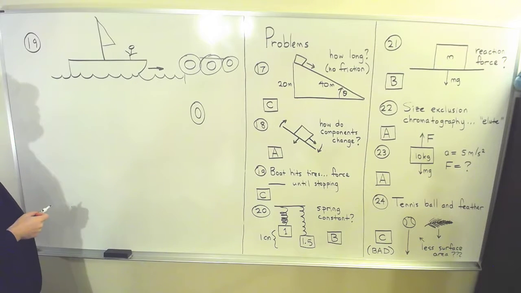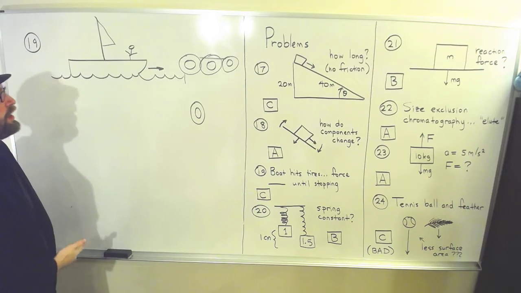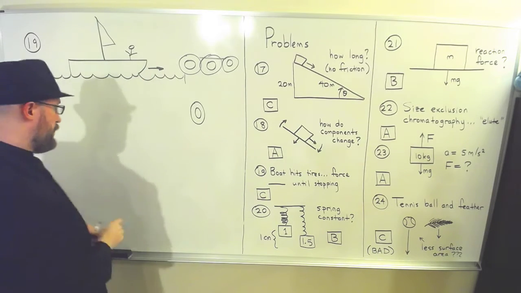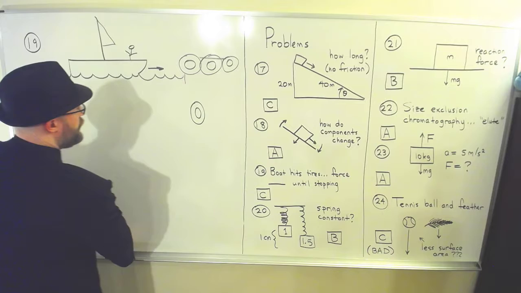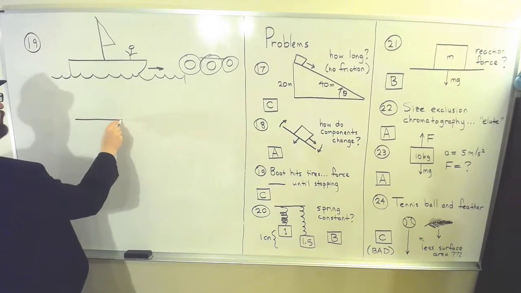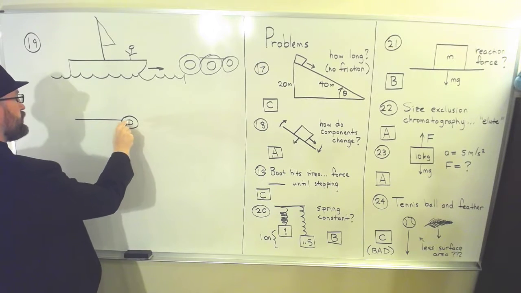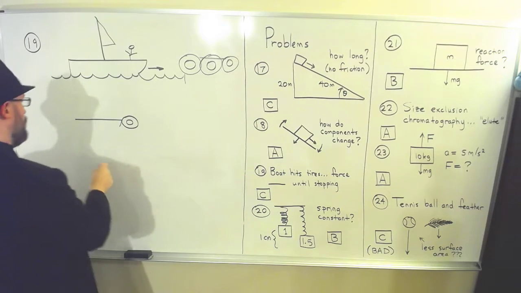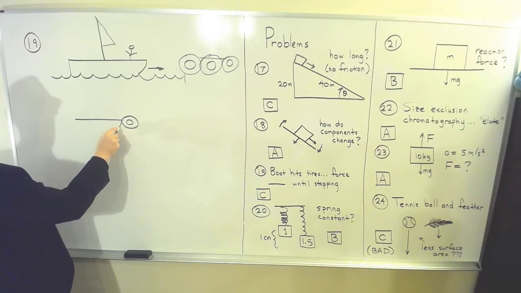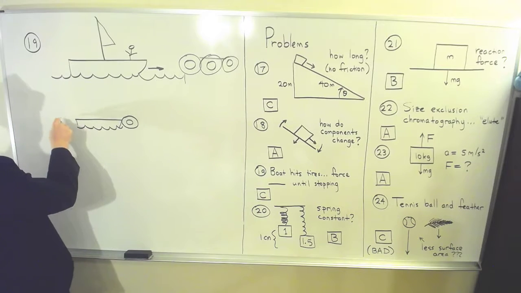So what the question asks is, how does the force exerted by the tire change after the boat hits the tire? So what's happening in slow motion looks like this. The boat has just barely gotten to, it's just now barely hitting the tire, and so this is like this,